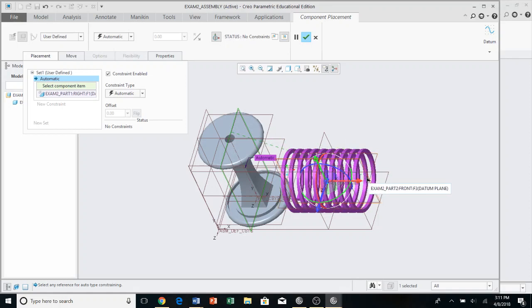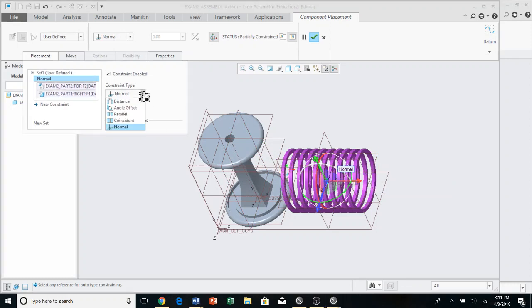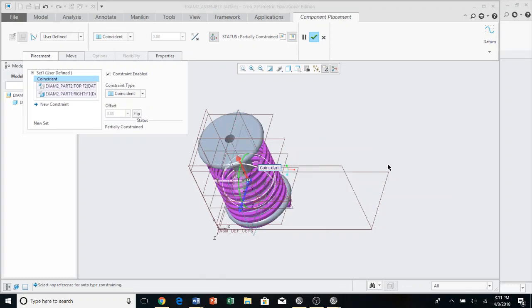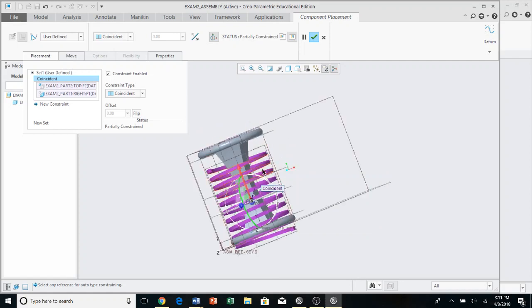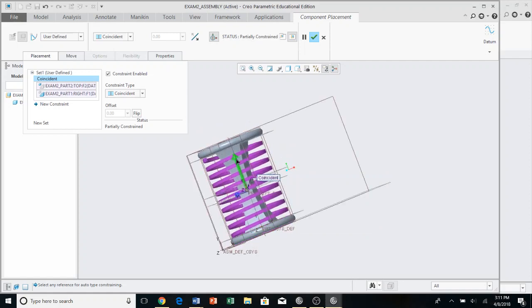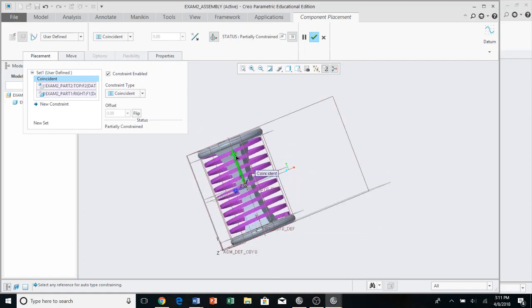And this is top, this is right, that's right. Yeah, so I don't think it matters. So do here, do coincident. There we go. And we're going to click check, and we're going to have this. We can come right up here,